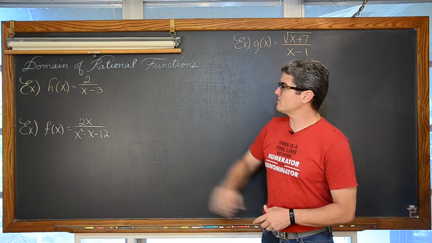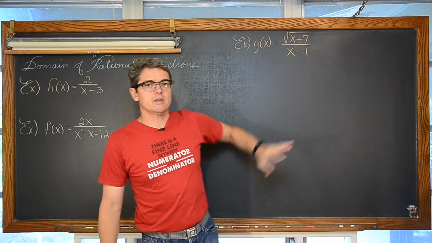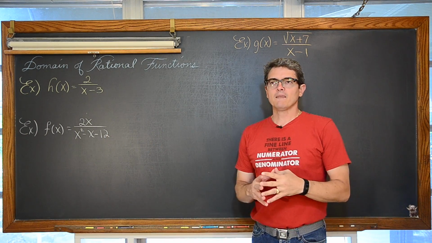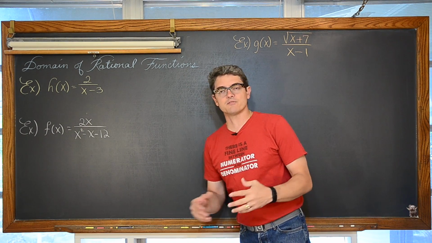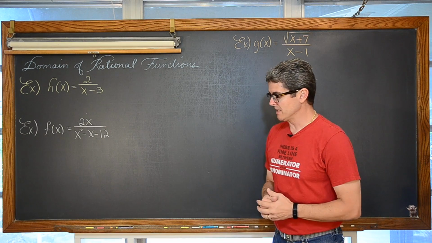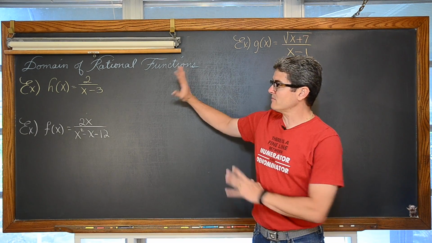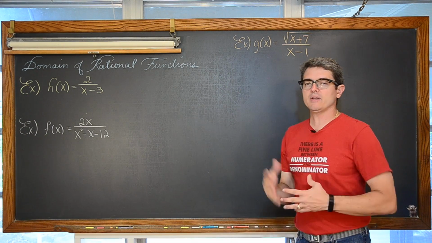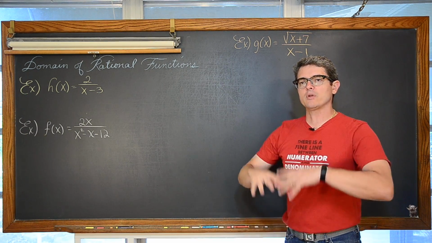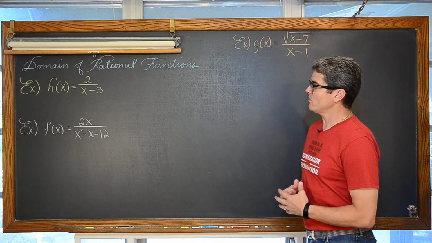Again, this is straight up domain of rational functions here. We're going to have a little bit of radicals thrown in, and our last example is going to involve a precursor of what it's going to look like to find the domain of composite functions and decomposing functions. In our third video coming up after this, we'll be talking about pretty much the same idea, but combining these rational functions and pointing out that you need to find that domain before you simplify, before you add those fractions or do the division, and so on.